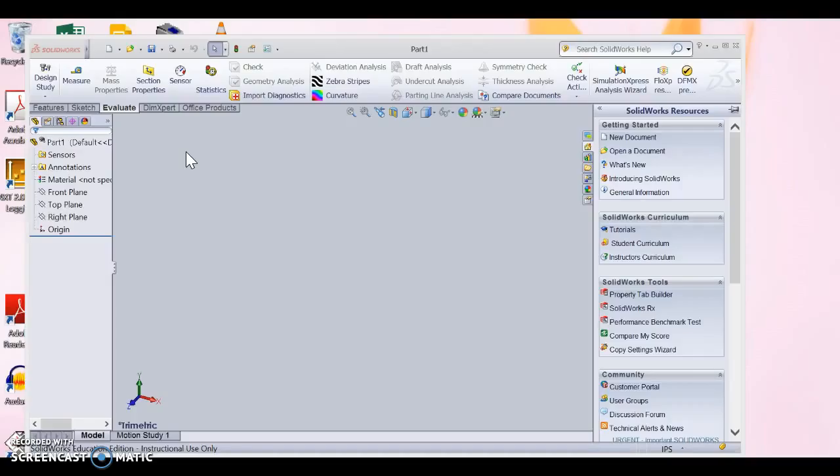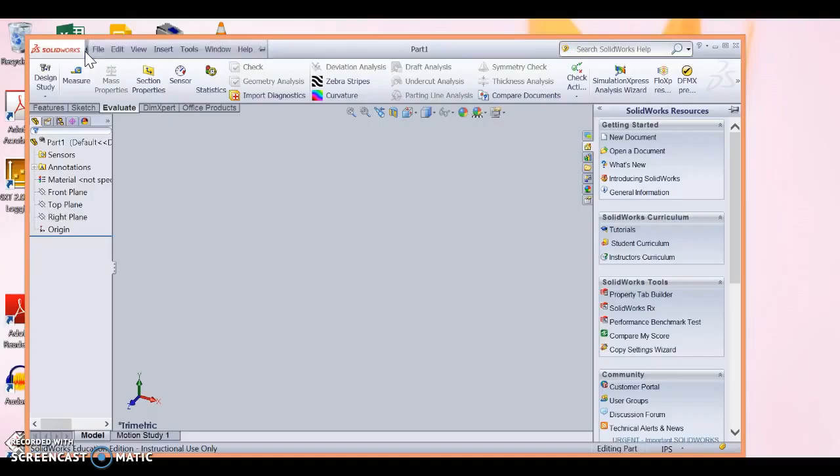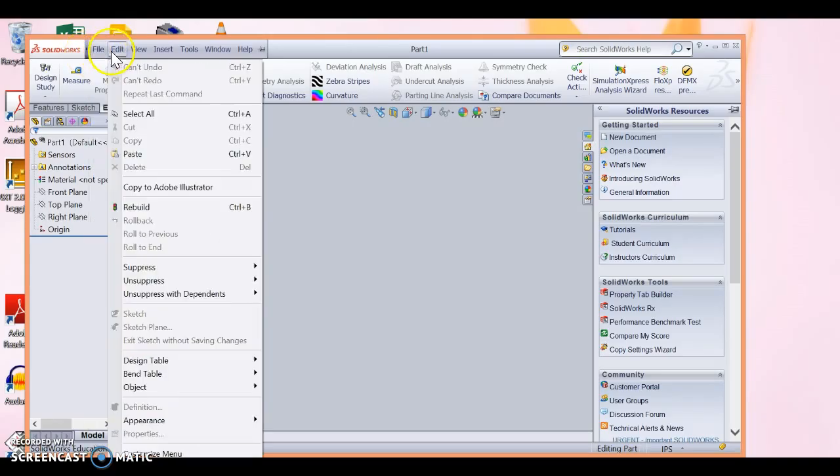Okay, so the first thing you want to do, since our hydrogels are being made in centimeters, right? All the lengths are in centimeters. We want to make sure we are using that measuring system for our SolidWorks. So in order to do that, you click up here. There's a little tiny arrow up here, and it opens up the